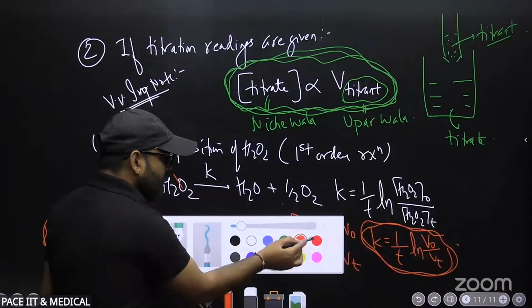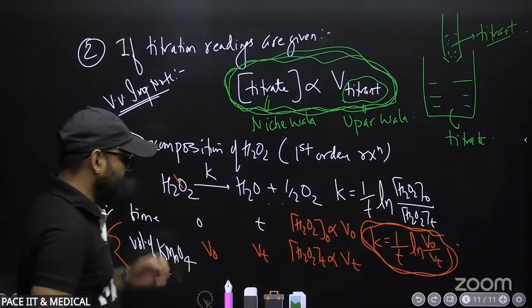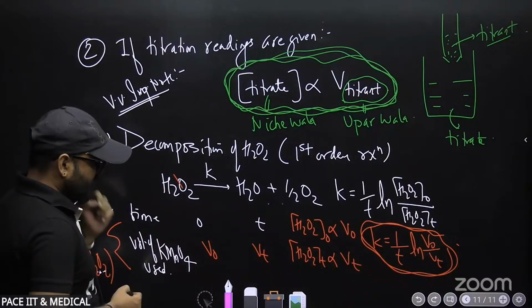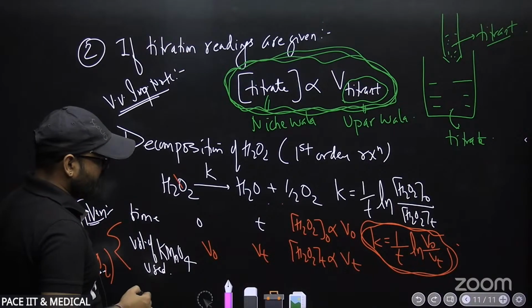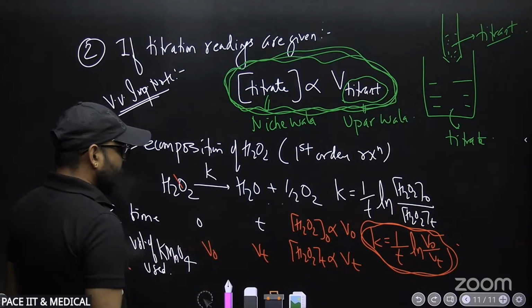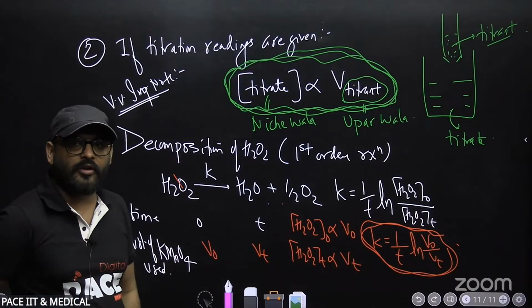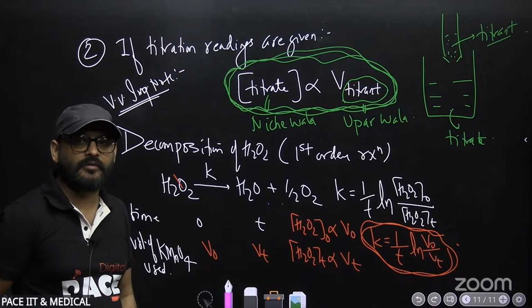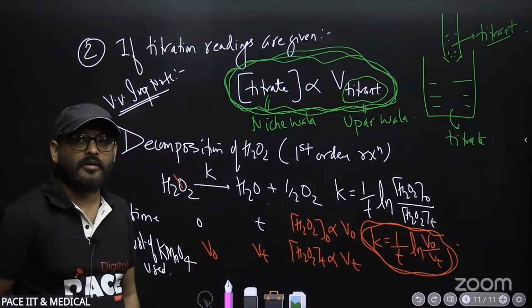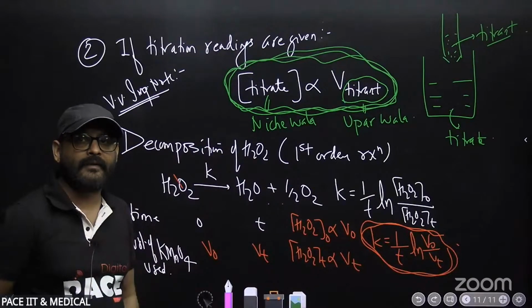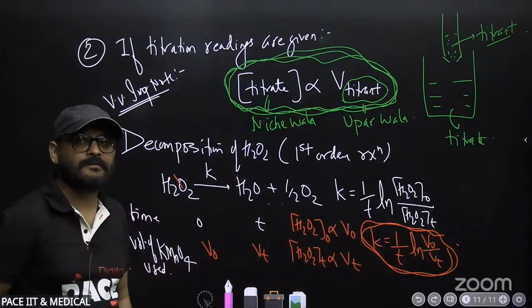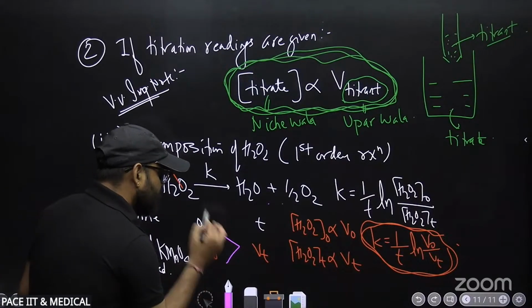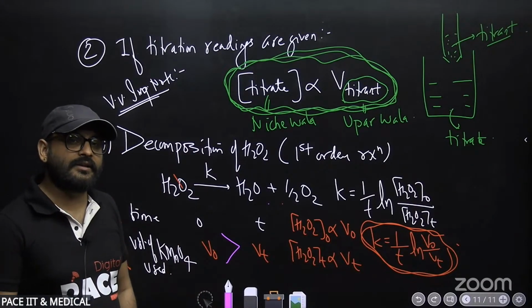And I'm asking one question. Give me the answer as quickly as you can. V naught or Vt, which one is the bigger value? Come on, come on. V naught, Vt, which one is bigger? Absolutely right answer: V naught is greater than Vt,